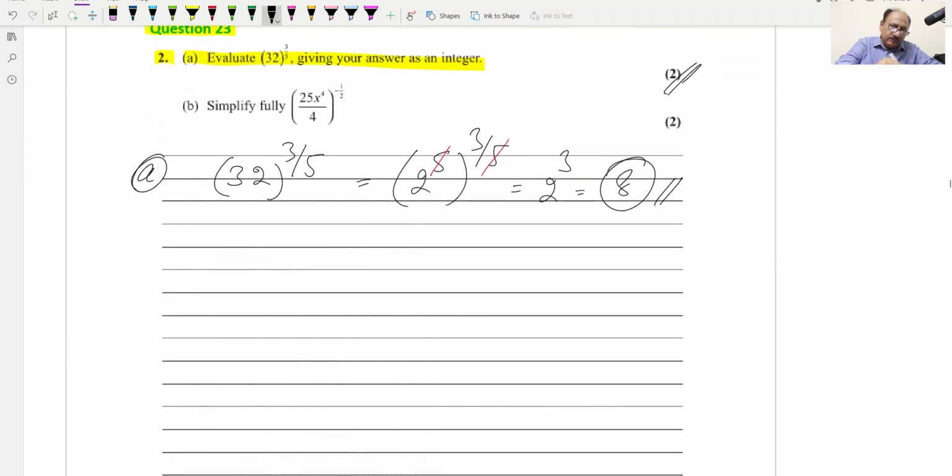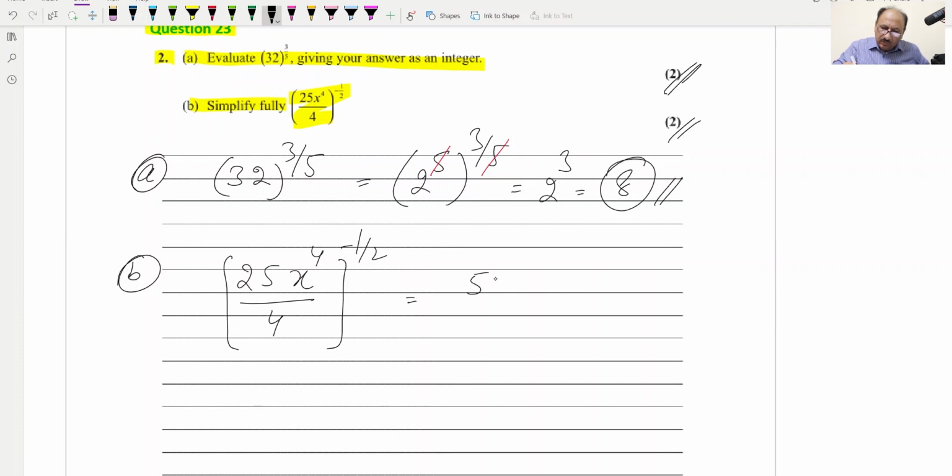B part, simplify fully this one, and we can rewrite this. This is 2 marks part, so (25x^4 over 4) whole raised to the power minus 1 by 2. Now we can write separate powers, or before writing separate powers, what we can do, we can rewrite it as